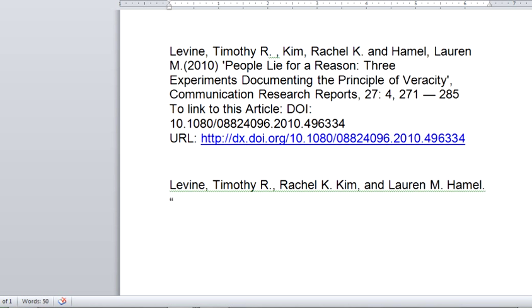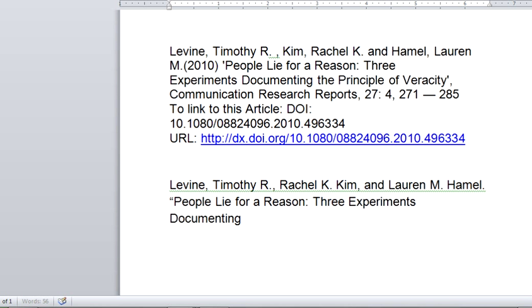Now comes the name of the journal article. So we put that in quotation marks for MLA. It's "People. Now notice right here and in the actual PDF they had only a single tick, but when you are transcribing the titles, make sure you have a double tick. Lie for a Reason: 3 Experiments Documenting the Principle of Veracity," period, closing parentheses. I know there is no period in the actual title,